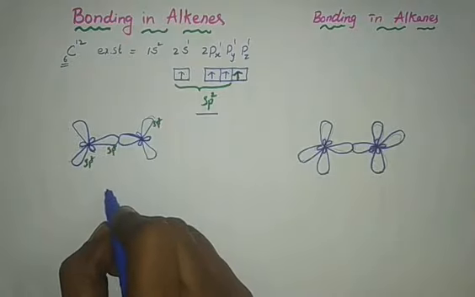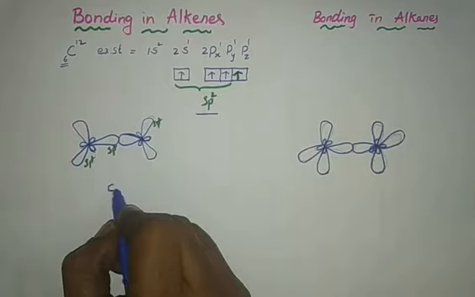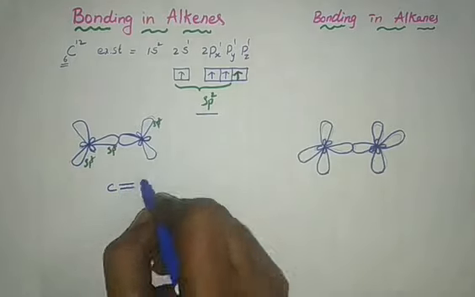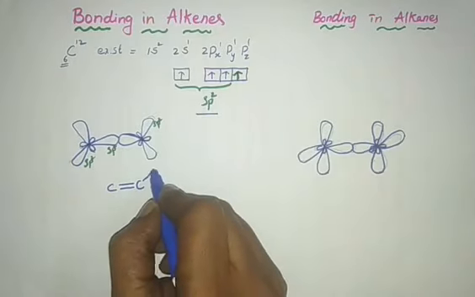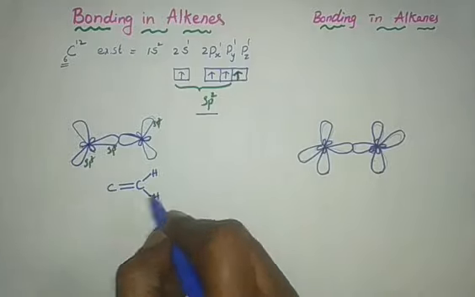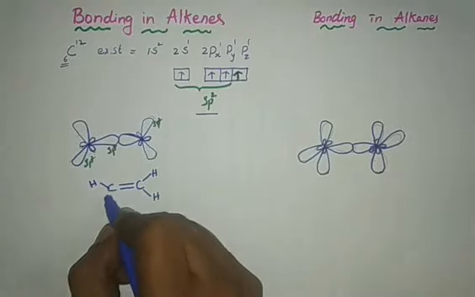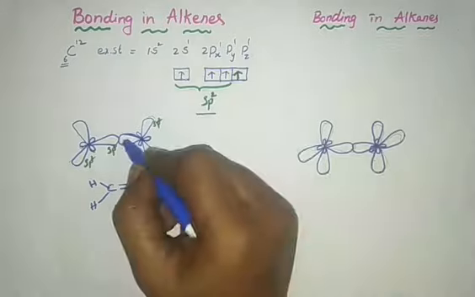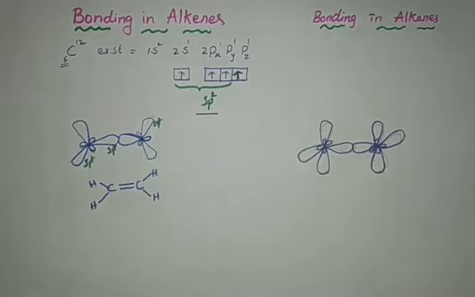If I take ethene, we are writing this is the structure of ethene. This is the orbital structure I am comparing here. Okay. So in this,